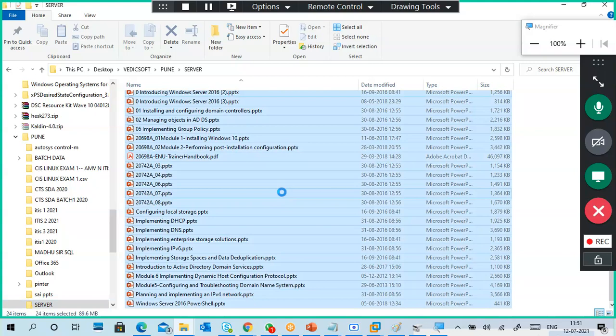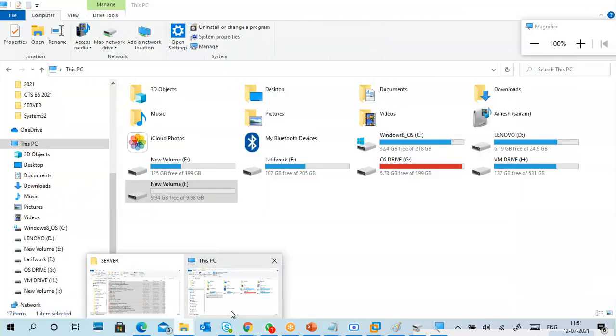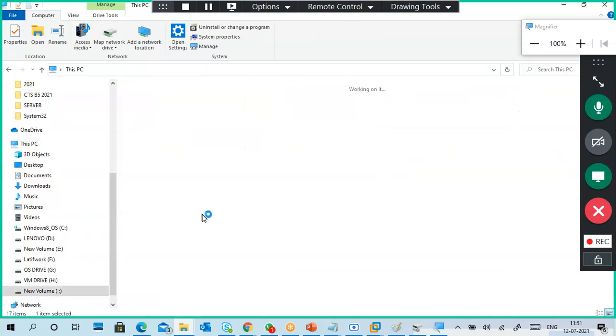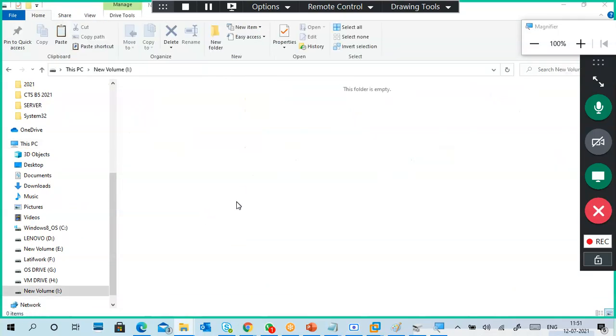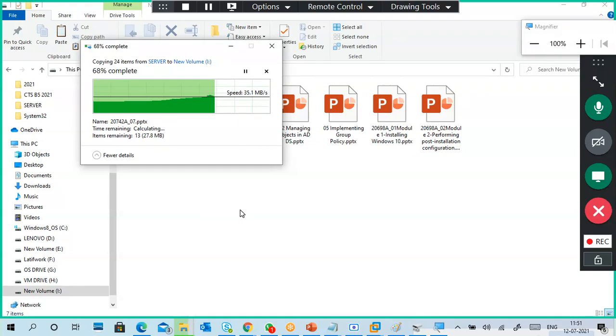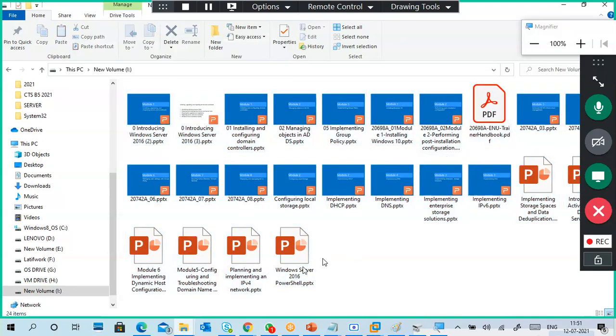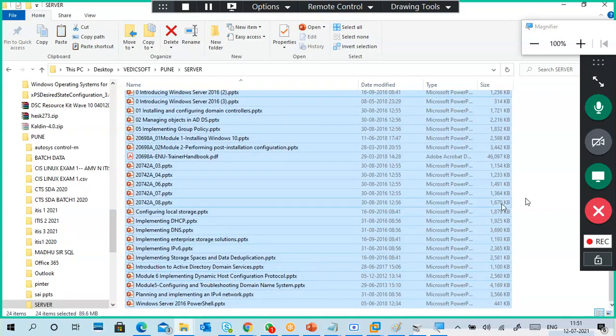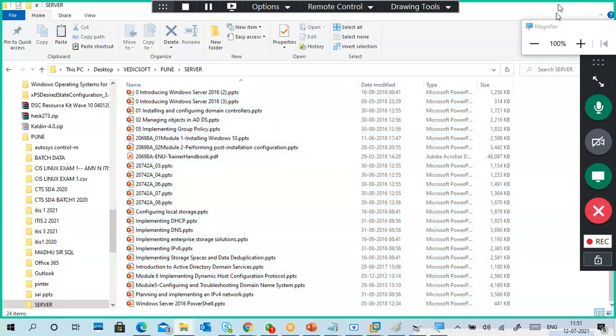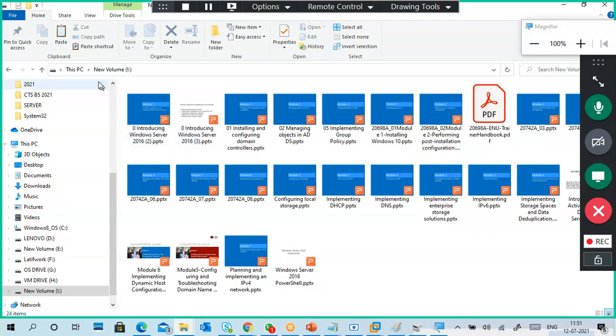I want to copy all these files here. Control C. So I am copying those files from there to here. I copied the data.